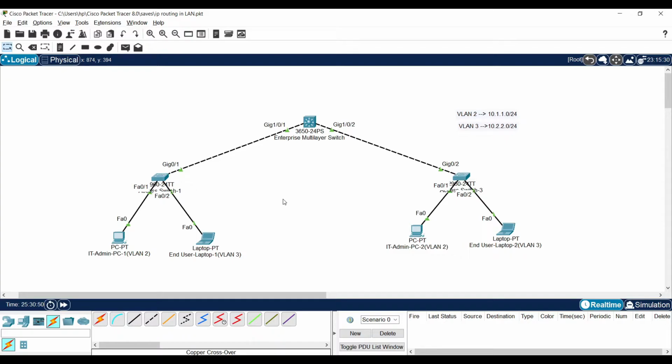Here we go. I brought the multi-layer switch instead of the middle access layer switch. The interfaces became up because I enabled dynamic desirable on these interfaces. By default, as I said in my earlier trunk video, the interface is in dynamic auto mode. So these interfaces are in auto mode. So then the trunk negotiation happened. These interfaces became up.